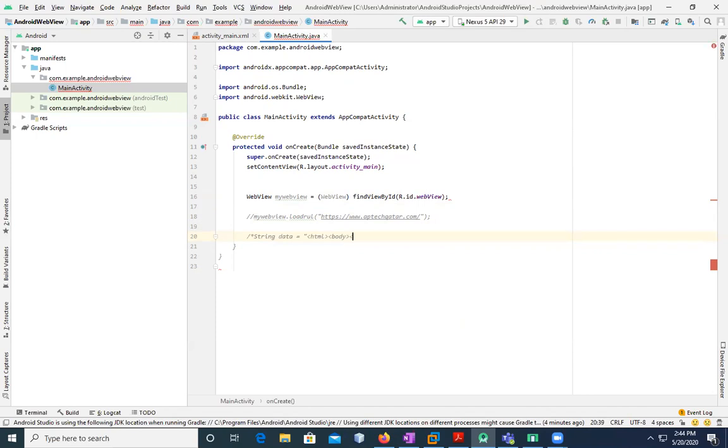This is just what I'm going to store in this. Hello, aptechqatar.com. Then I'm going to close the heading first. This will be the body that I have. I'm going to show you how to place that HTML code, and then myWebView dot load